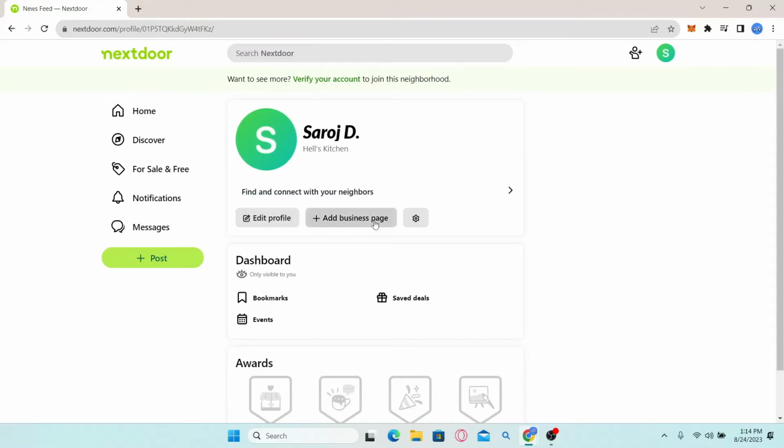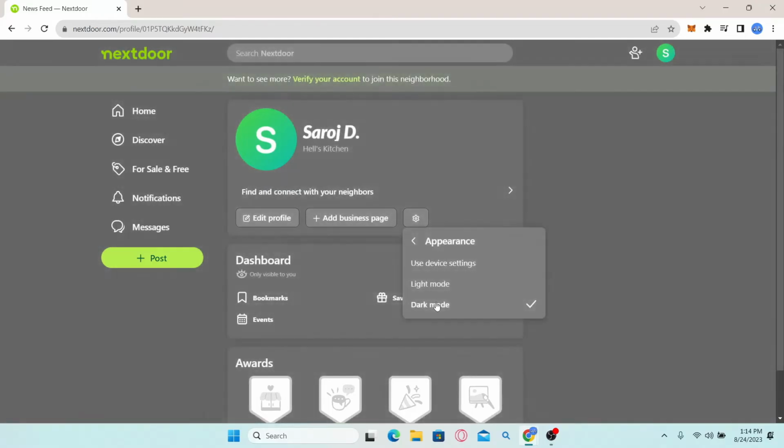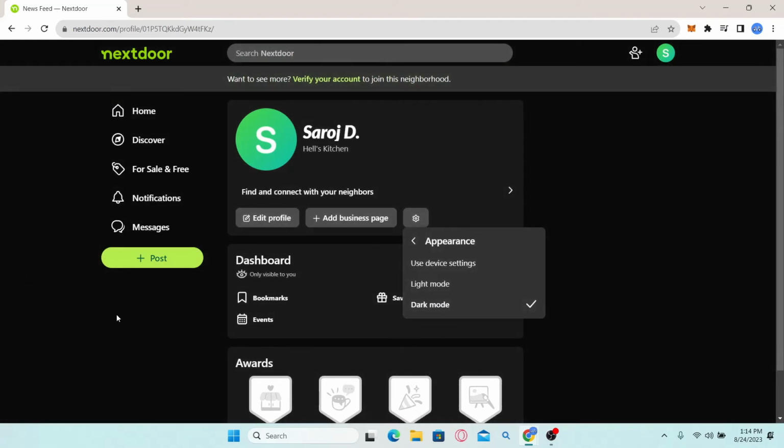Now, underneath your name, you will find a gear icon. Just go ahead and click on it, and now you will see several options. From these options, hover over to Appearance and click on it, and now you can select from dark mode or light mode. Simply click on the dark mode option and you will immediately see the application and website interface change